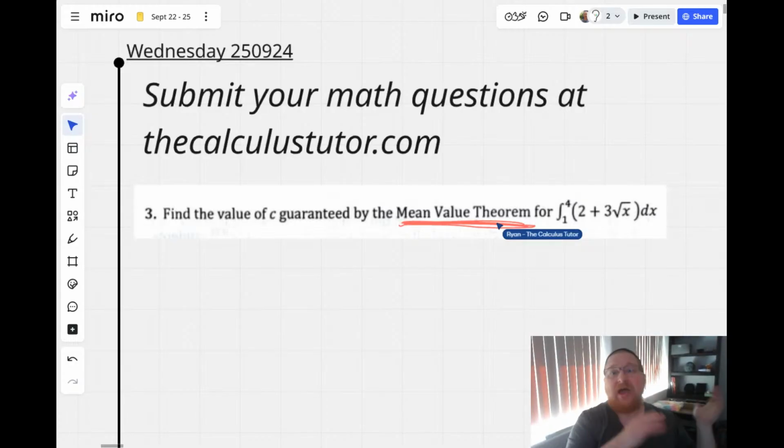So if you calculate that the average value is, say, 8 on that curve, then the function has to be equal to 8. There has to be some place in there where the function is itself equal to 8. Some x value you can plug in so that f of that x value is equal to 8, right? And that's all the mean value theorem